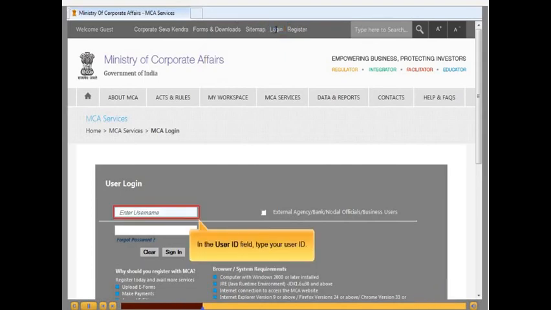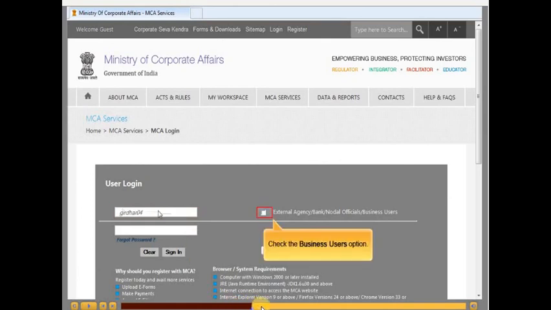To log in, you have to click this, and as a business user you have to click that. Business user means you are the owner of the company, so you have to click that.